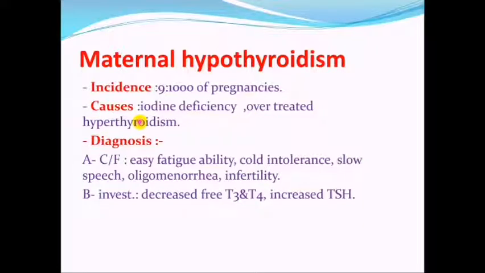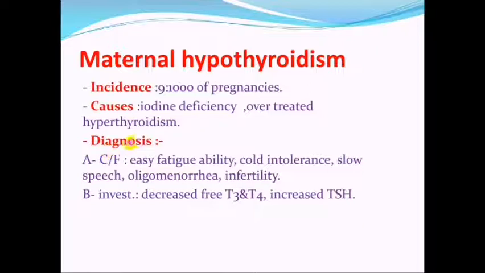That's to say, females who have received over-medication with anti-thyroid drugs like propylthiouracil or others, or if the patient, for example, had thyrotoxicosis and was treated by thyroidectomy with excess excision of the thyroid gland and ended up with